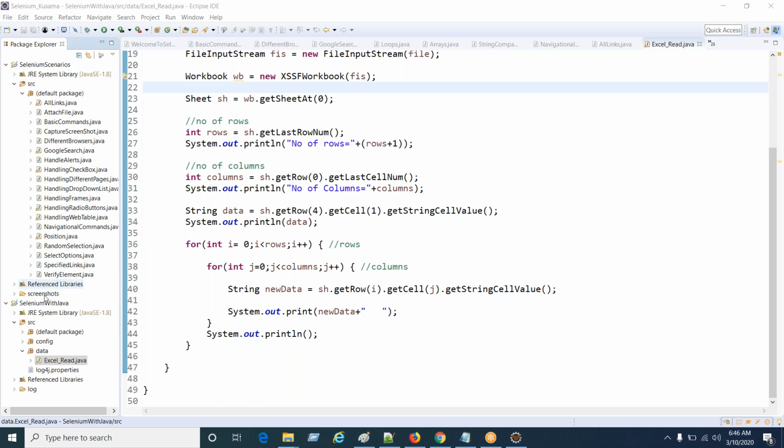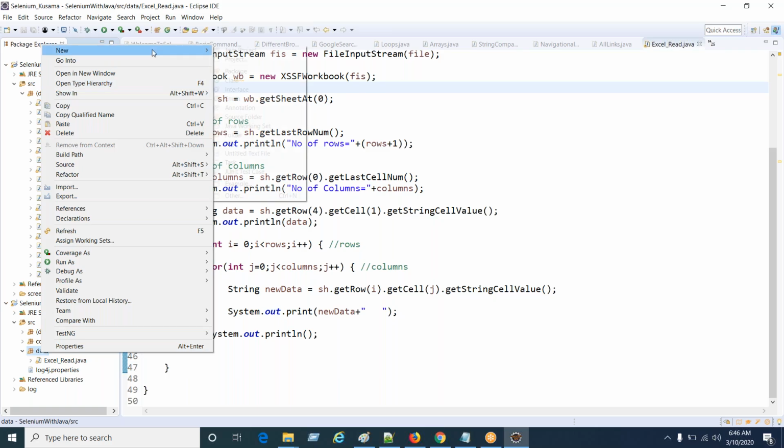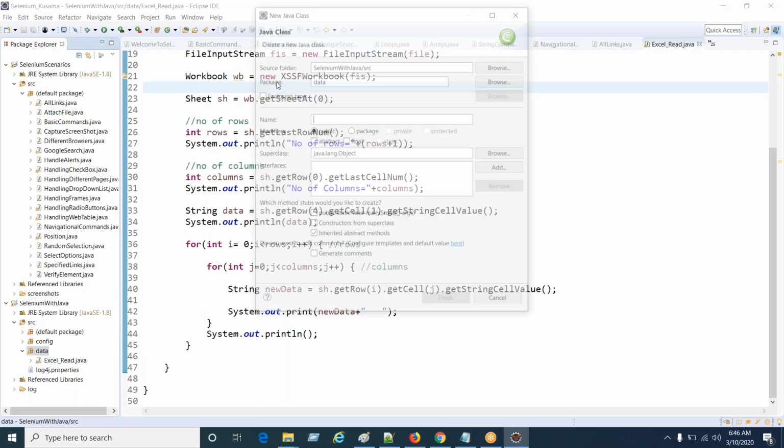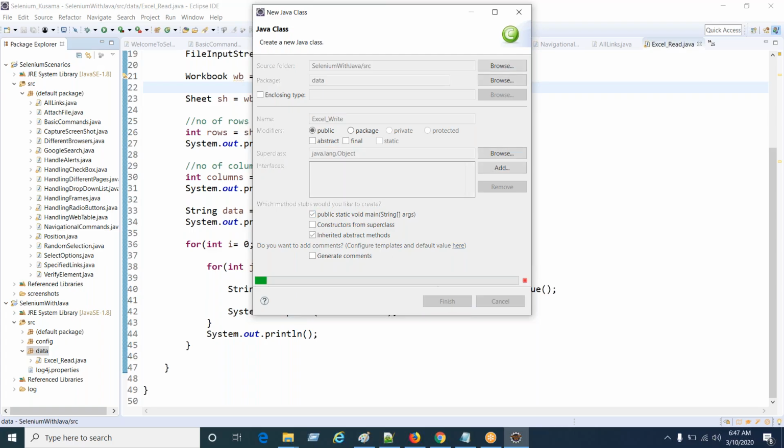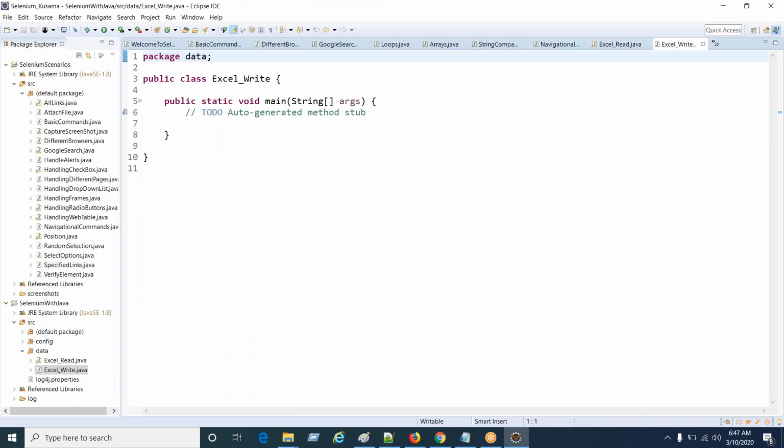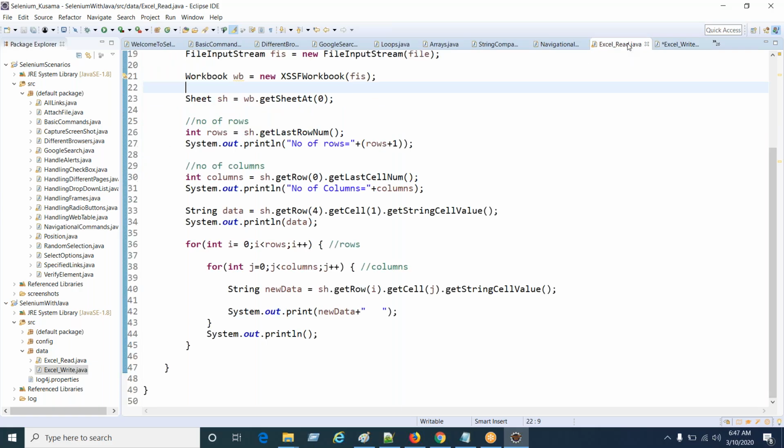Yeah. So let me create another new class called Excel underscore write. Excel underscore write. Okay. So in the Excel read,